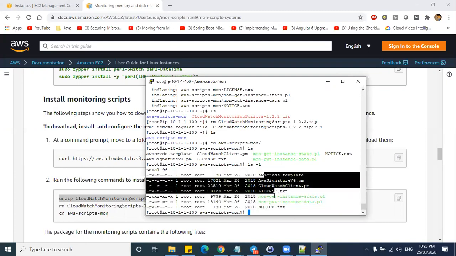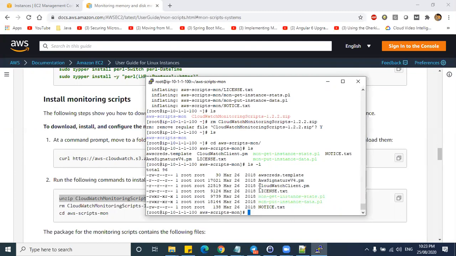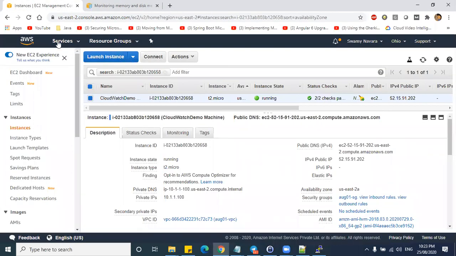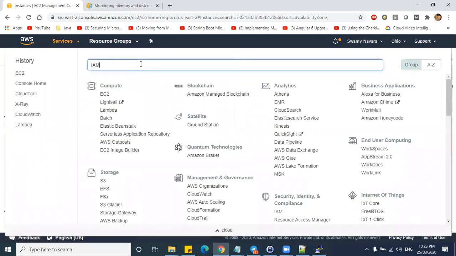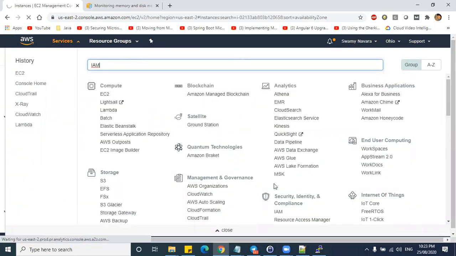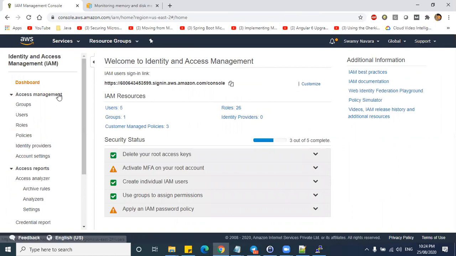Now, in order to work with this tool, I will create one role access in IAM and allocate it to this EC2 machine. So let me go to IAM. IAM is nothing but Identity and Access Management.